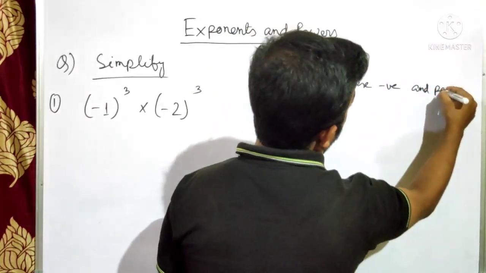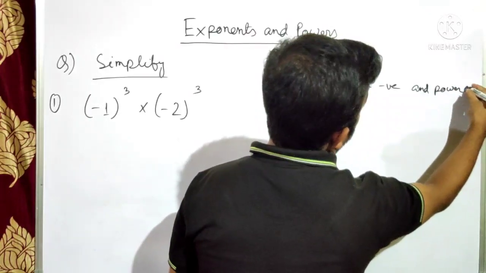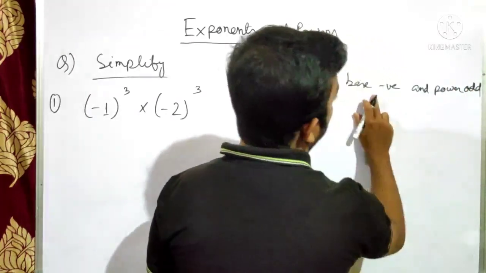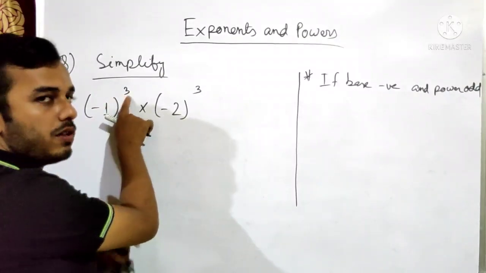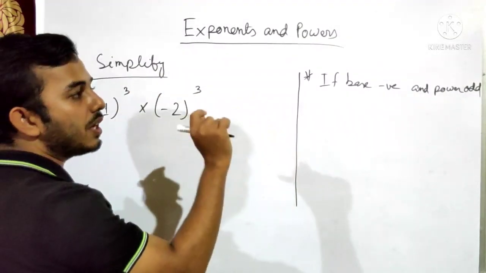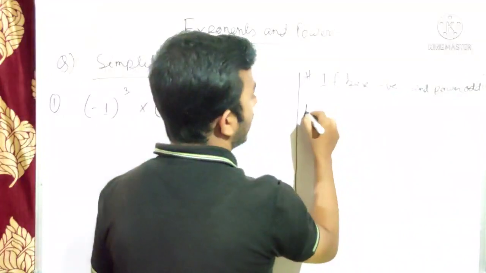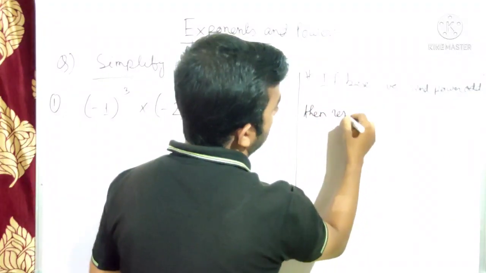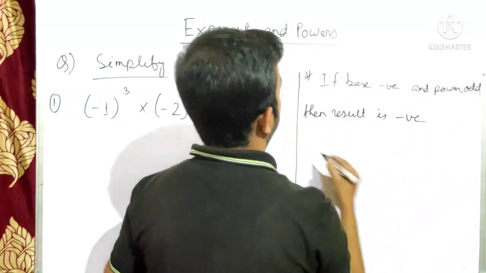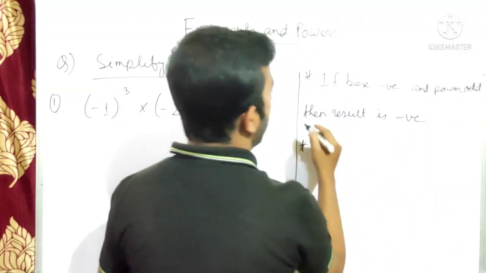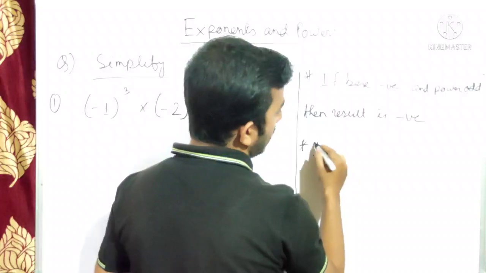and the power is odd, like this, look here, the base is negative, the power is odd, isn't it? So if the base is negative and the power is odd, then the result is negative. Okay, the second point, if the base is negative,